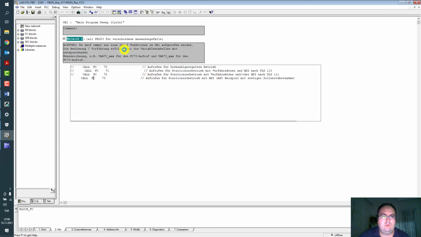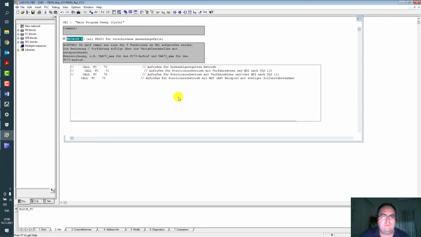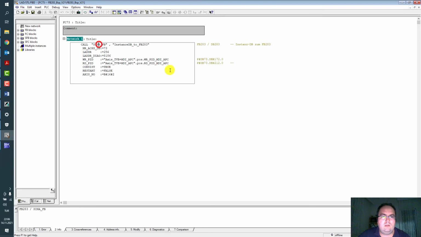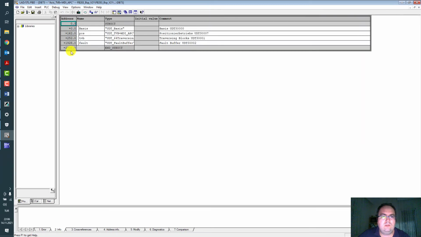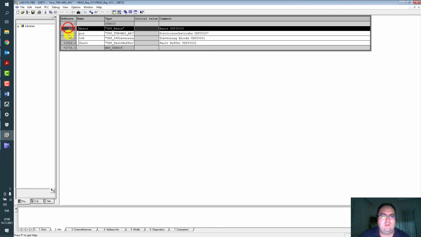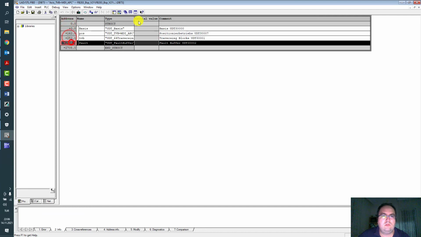Right click and open, and here is a call for the Sinamics function block. This is our data block 73, and the structure basis, positioning, traversing blocks and faults.